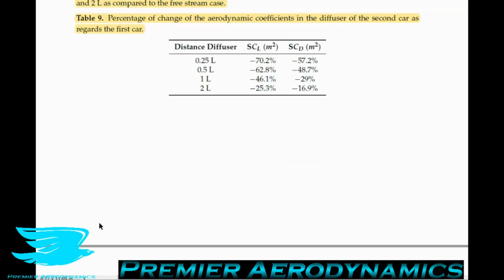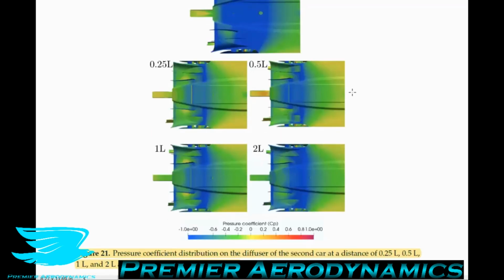So let's talk about Figure 21, which shows the pressure coefficient distribution on the diffuser of the second car at the various distances downstream compared to the free stream case. I'll zoom out a little bit so you can see all these. The top figure is for the free stream case, and then the other figures are for the following cases. So on the pressure side,